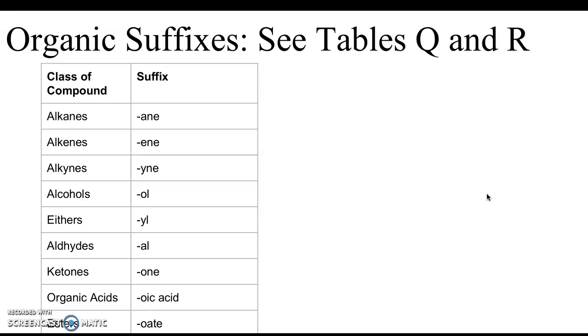This is a fully included list of suffixes that you could use. This is also in your reference table for tables Q and R. I'm going to focus again on the basics, so alkanes, alkenes, alkynes, but alcohols are going to have an OL ending, aldehydes an AL, and we're going to talk about some of these oic acids, so anything that ends with oic acid is our organic acid,